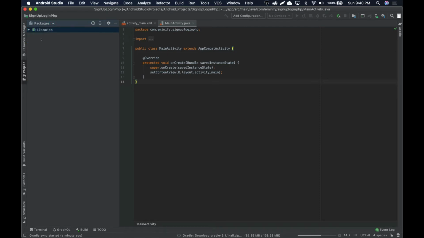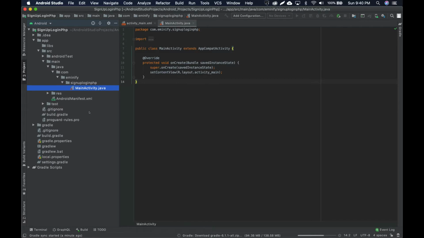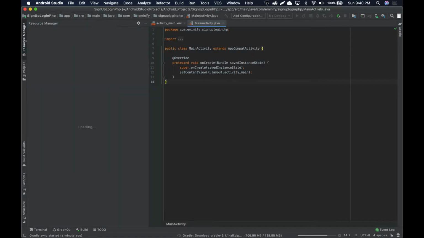This tutorial is all about showing you how to design and build a simple registration and login app using PHP. So if you want to learn more about Android Studio, I would recommend you going to YouTube and search for Introduction to Android Studio, so you can learn more about the environment of Android Studio and the workflow or the work area